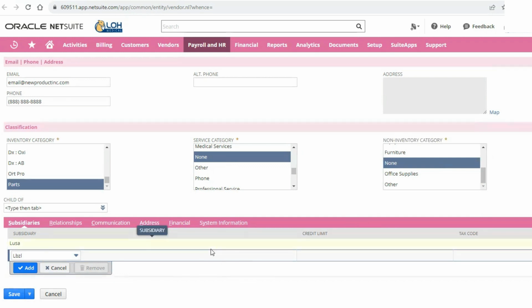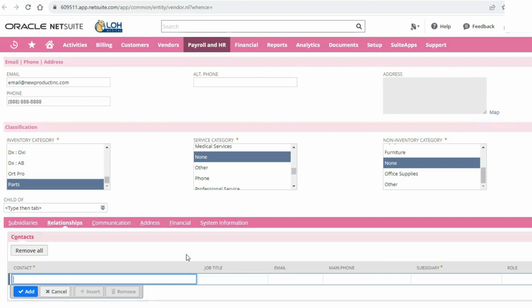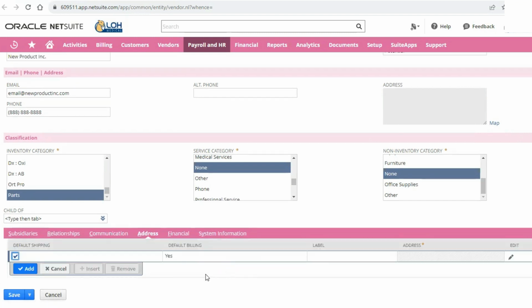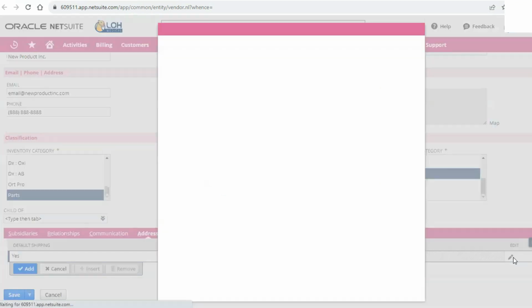Now with vendors, you can select more than one subsidiary. Okay. Again, the address tab is going to be really important if there is different billing and shipping addresses.